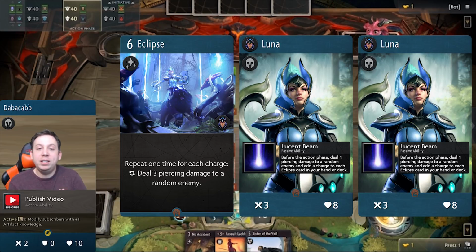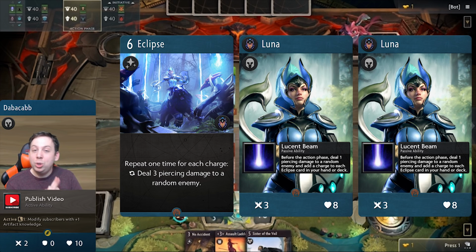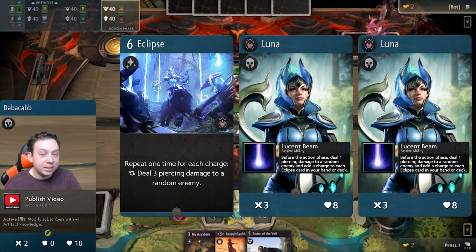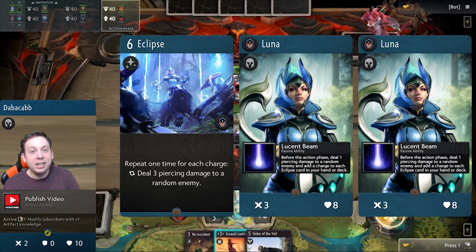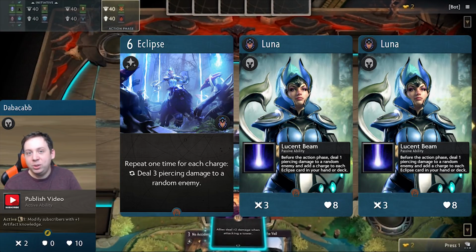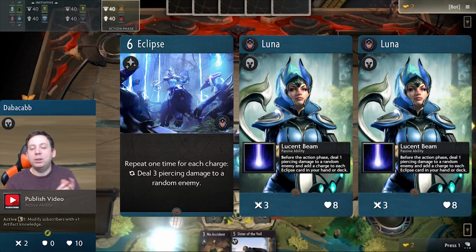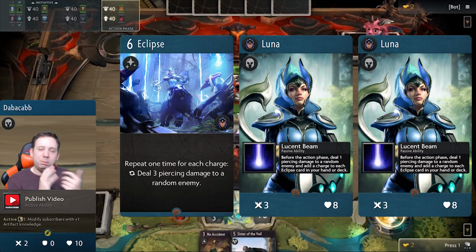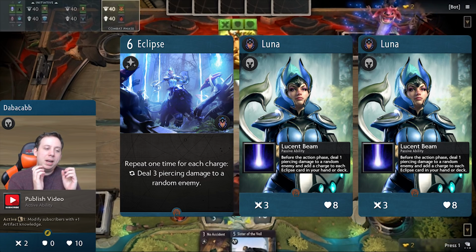So if you are ever in draft and you get the opportunity to play with 2 or more Lunas in your deck, you should absolutely take it because it is broken, it's fun, and it's ridiculous. I'm almost wondering if they're going to nerf Luna in some way or another, either by increasing her rarity to make her just harder to get in draft, or by, this is probably not quite as likely, but by changing